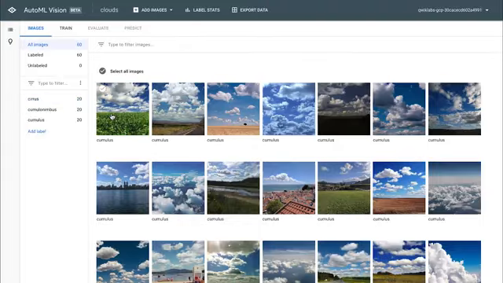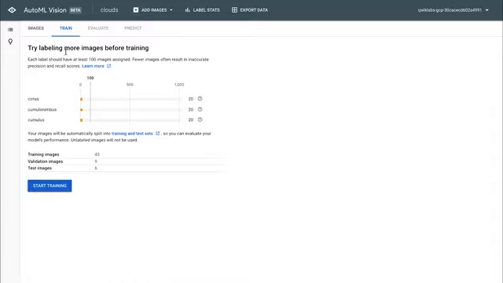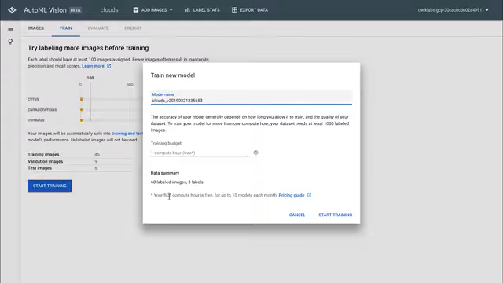Once you've reviewed all the set of labeled images, you can then click on the Train tab to train your own custom model. In this case, the UI is prompting you that you really should have more images per class, and you should. But in this case, the number that we have suffices for our demonstration. So I'm going to click Start Training. When you train a new model with AutoML, you're automatically given 1 compute hour for free. And you can also invest additional compute hours on top of that.